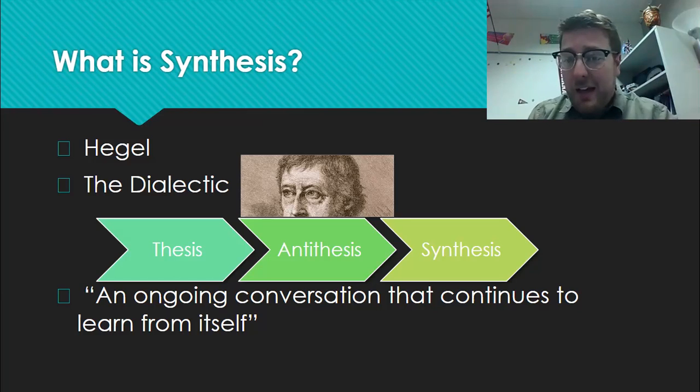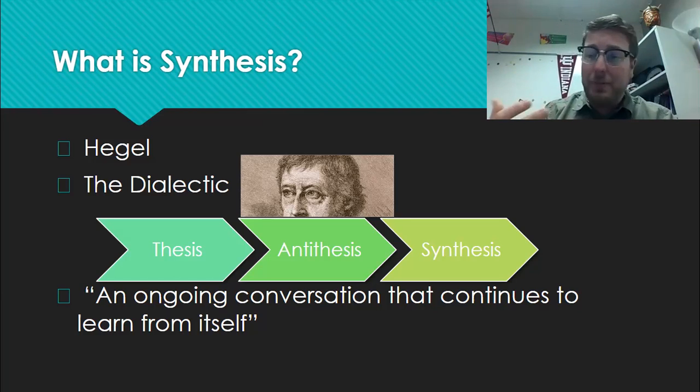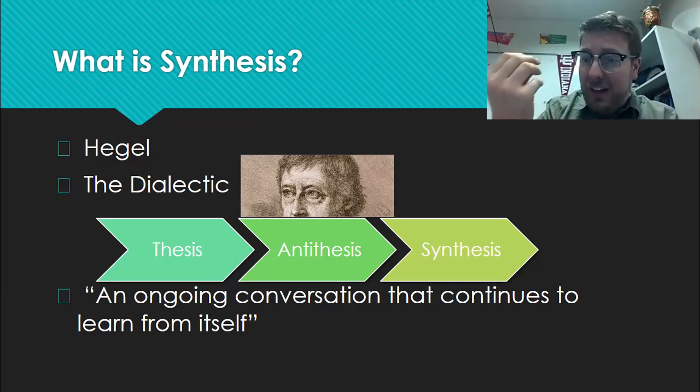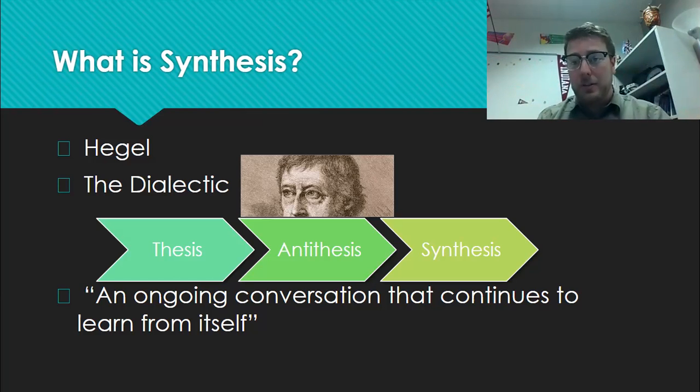Because in many ways, Hegel would argue that throughout human history, perhaps humans noted that there were some things that were positive about both of these opposing points of view. For instance, everybody, I think, can respect the idea that it's good to be in a democracy where you're free, where you have a choice, where people are able to choose and have some determination in how society goes and runs, right? But on the other hand, there's also an argument to be made, believe it or not, for monarchy as well, right? Consider for a moment the mob rule during the French Revolution, right? Democracy isn't always pretty either.